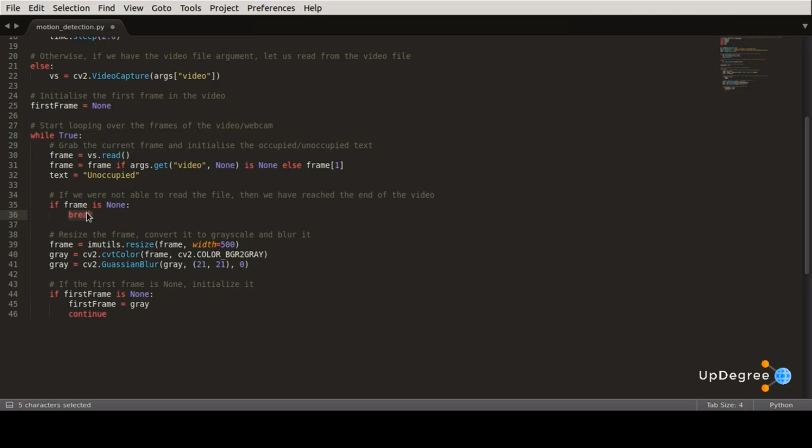Now we can start processing our frame and preparing it for motion analysis. First, we'll resize it down to have a width of 500 pixels. There is no need to process the large raw images straight from the video stream. So what we do here in the resize function is resize it to a width of 500. Usually our video files will have very large frame sizes and we don't have to process all of that.